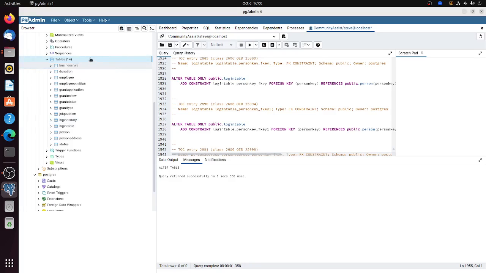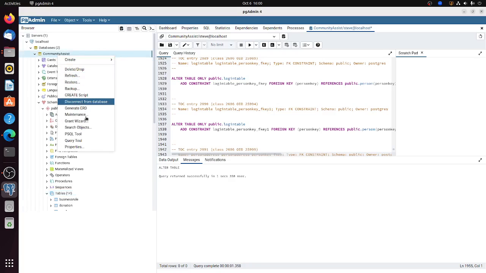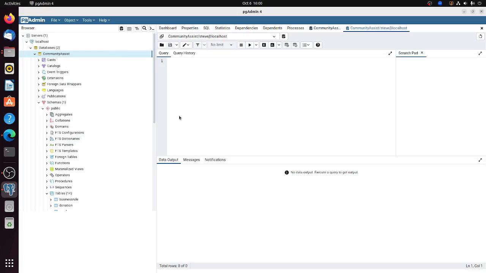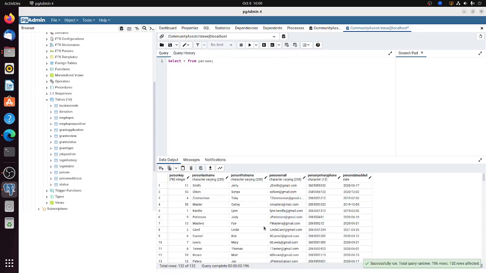So if I were to do a new query window up here, I'm just going to do a second Query Tool. And there's a table called Person. You can see it down here. I'm just going to do select star. And that means select anything from person, from the table person. And I will execute that, and you'll see that the data is in there. You can do the same with the